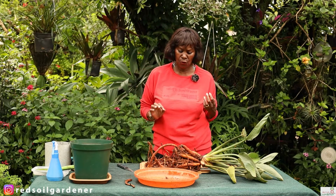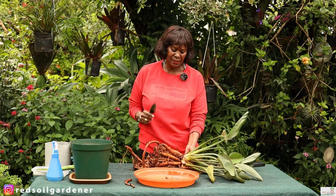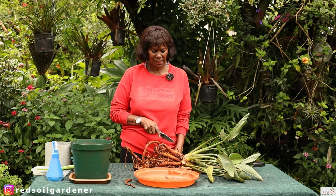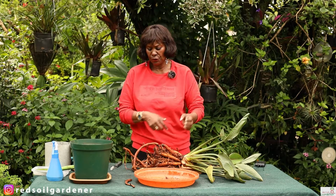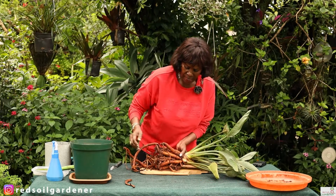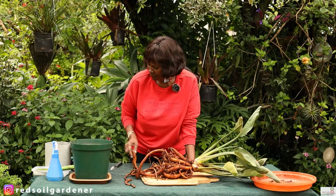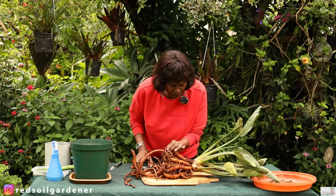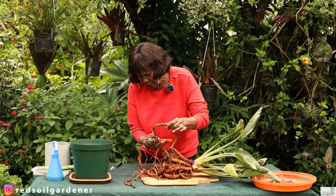Now what we need for this exercise is a sharp sterilized knife. And when we do split this bird of paradise, we have to make sure that we do keep the tubers, the rooting, because then it can actually carry on again. So basically, let's look at the rooting structure first, and then we see what to do because we need to clean this. So if I look in here, and these are the tubers,